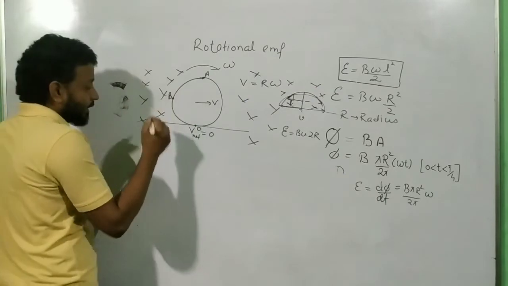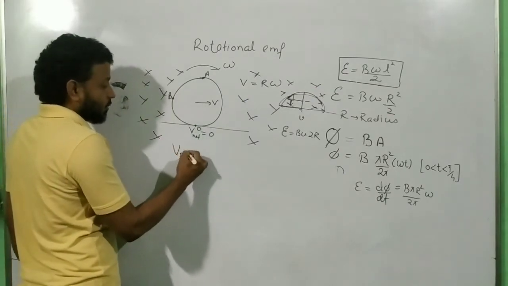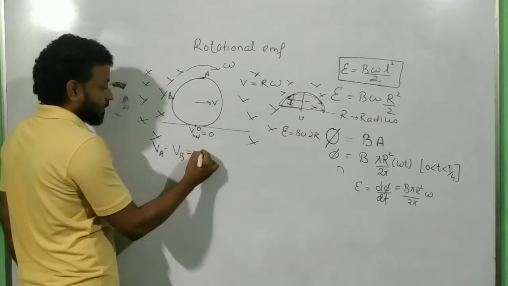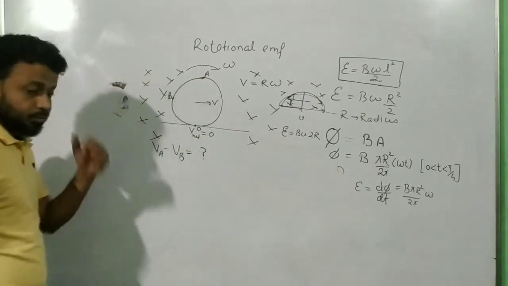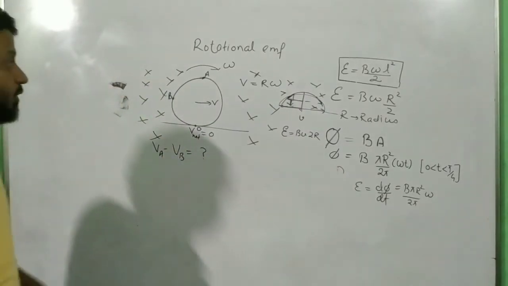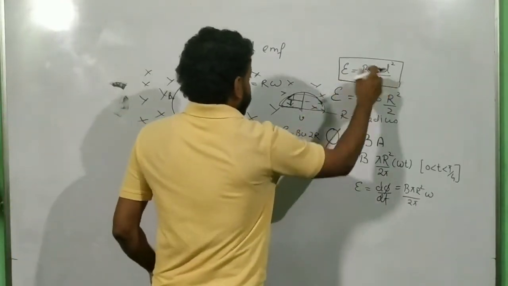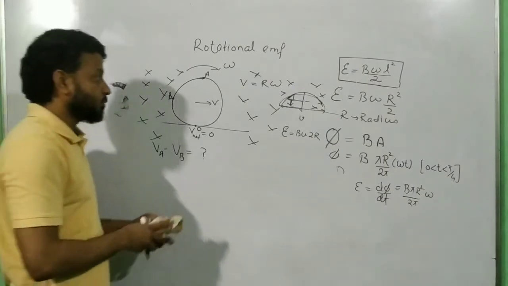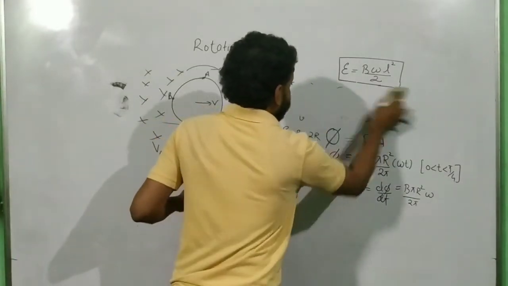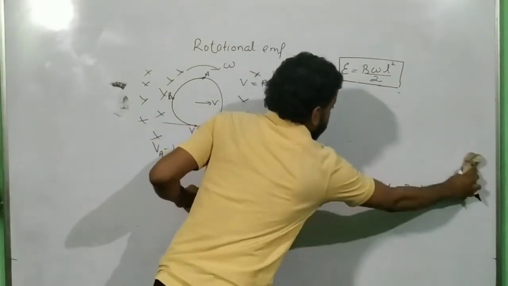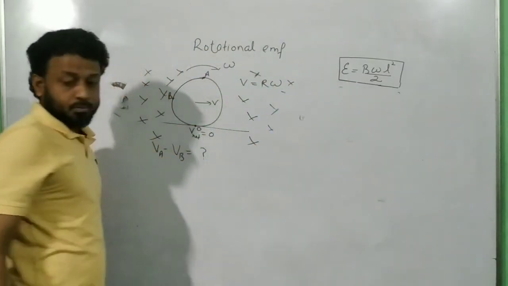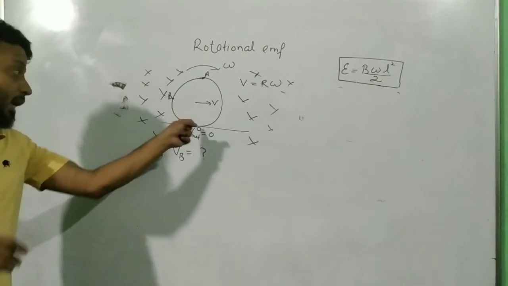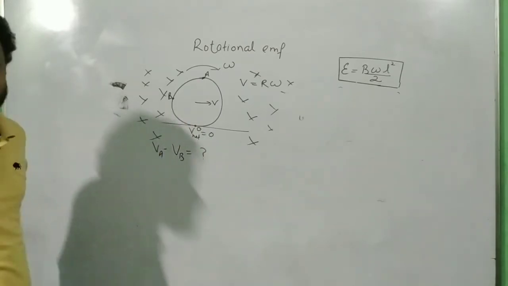Now, I will directly go to the question. I want to know the value of VA minus VB. Trust me, you cannot find it directly, because the formula which we have derived, B omega L square by 2, has been derived by keeping one point fixed. Remember the general formula? One point needs to be fixed in this question also. So we use the concept of the point whose velocity is 0, and that point is my virtual fixed point now.